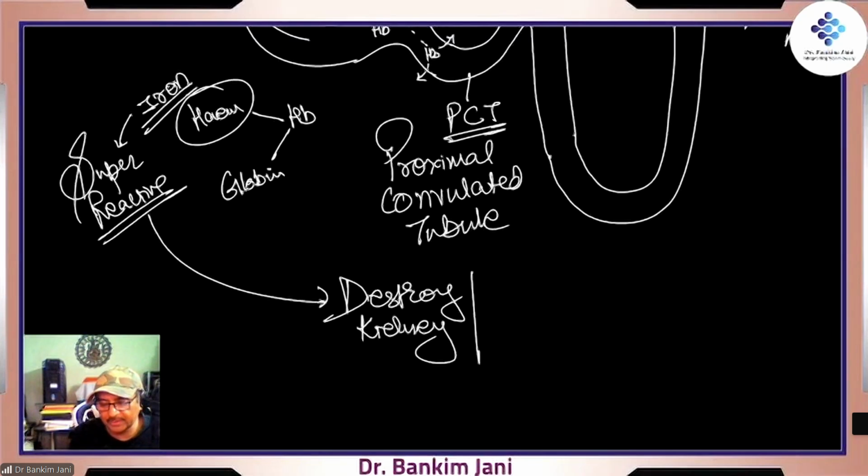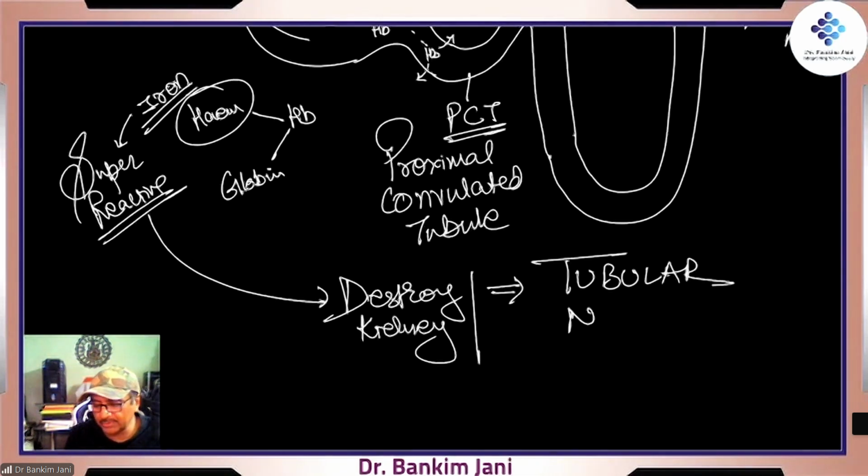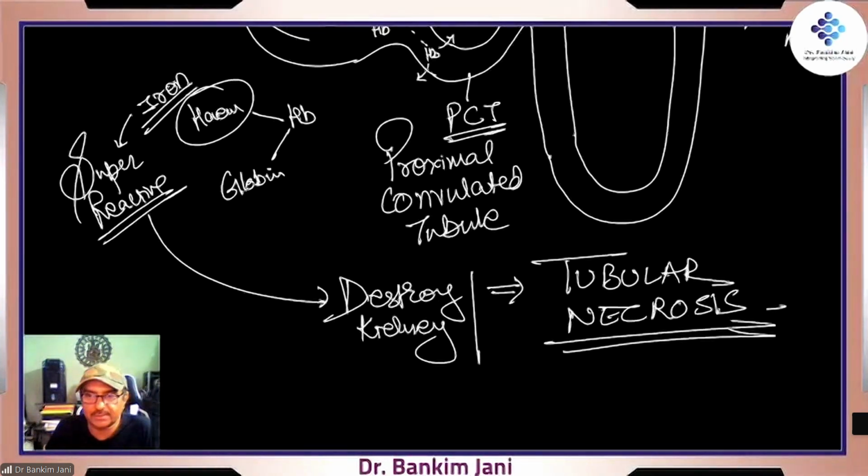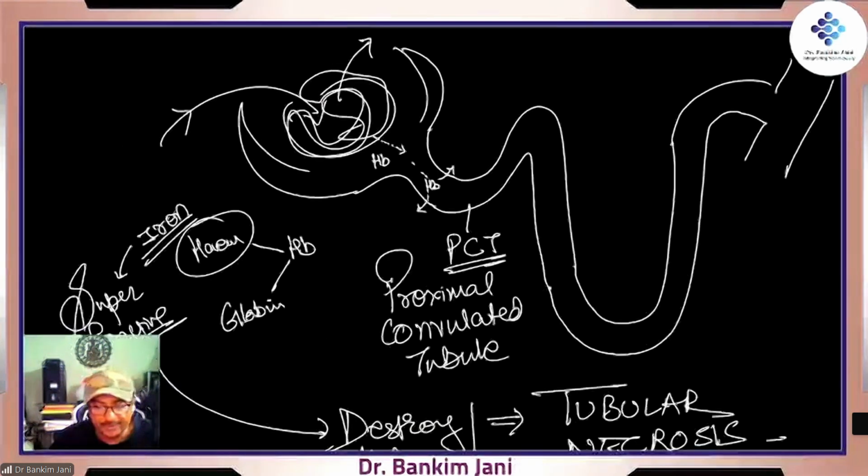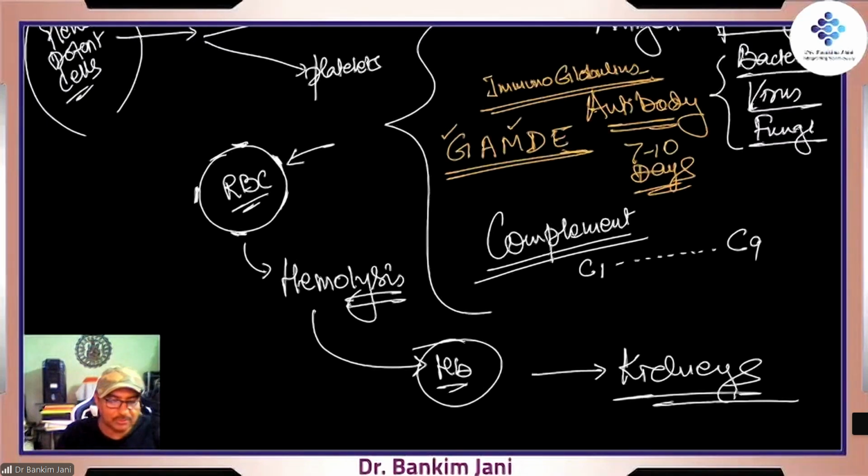To be specific, it is what is called tubular necrosis, because it is into the tubules. Necrosis means destruction. Tubular necrosis, such dangerous things can happen. And everything started simply because on our RBC, there were a few receptors, and those receptors